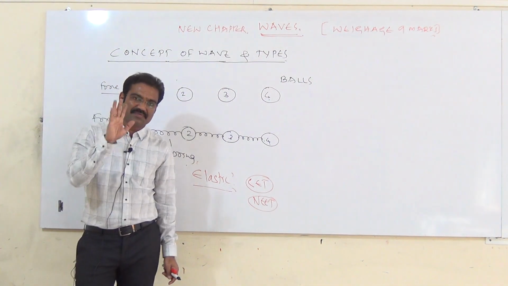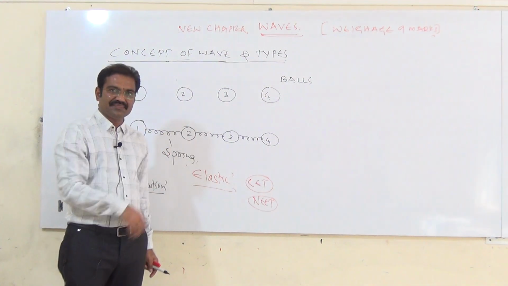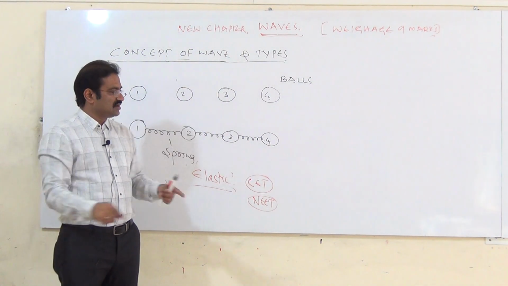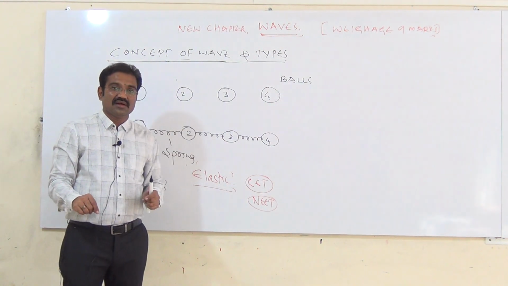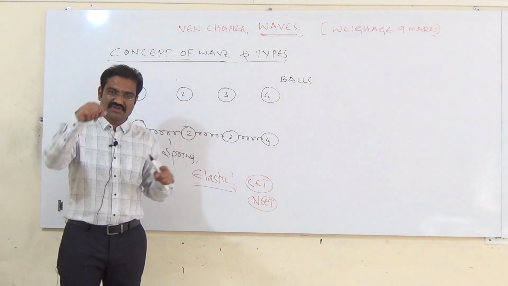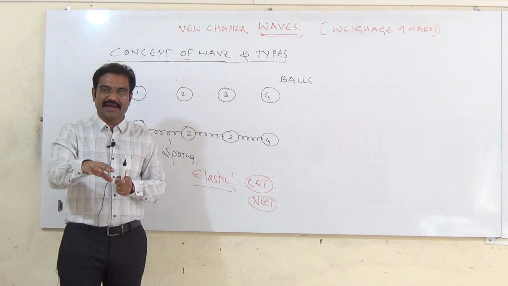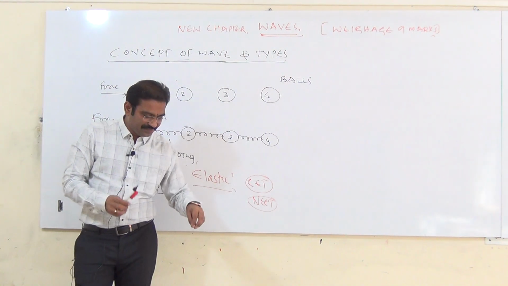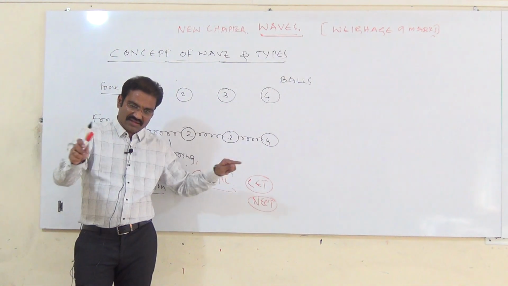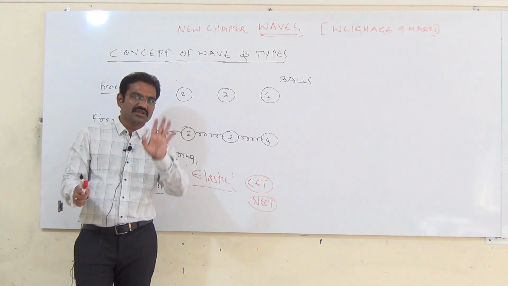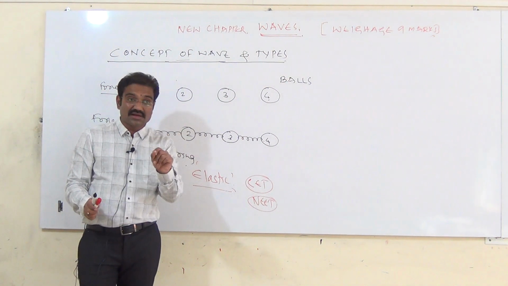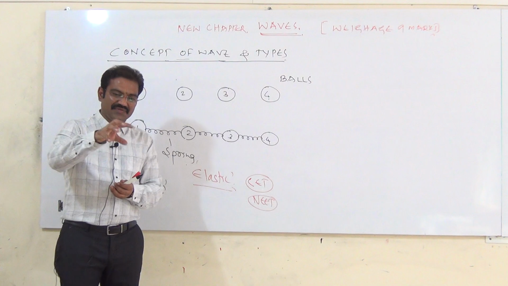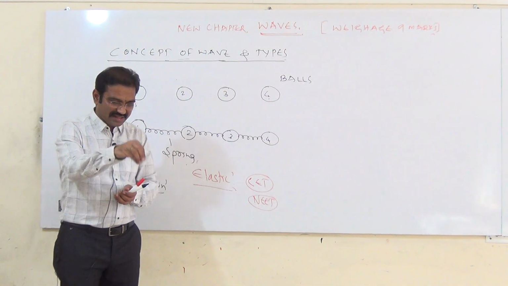To clear this, I give you one more example. If you take silent water and throw one stone, ripples are formed on the surface of the water. So you will find the waves, how the ripples go outward like this. It doesn't mean that water is moving from the center to the end point. No, water particles will be there only, but only the vibrations are created. For example, you throw a stone in water, vibrations are created, waves develop. We see the waves and think the water is going, but the water is not going. The water particles stay there, but only the vibrations are transferred. To understand this, if you take a ball and it is lying in the water,